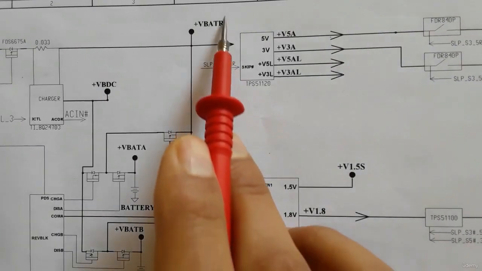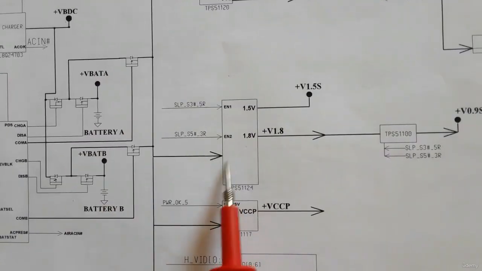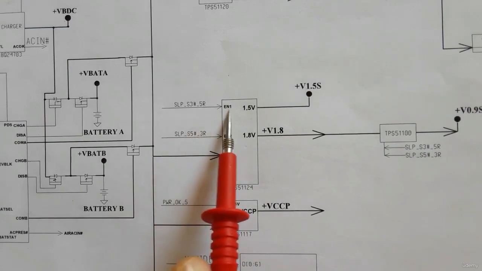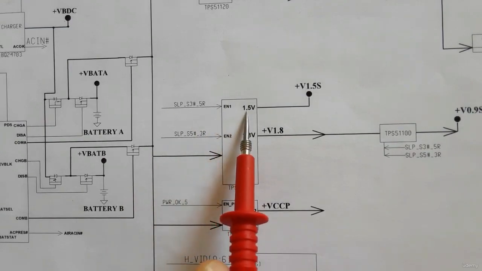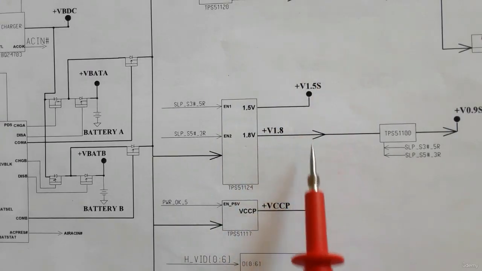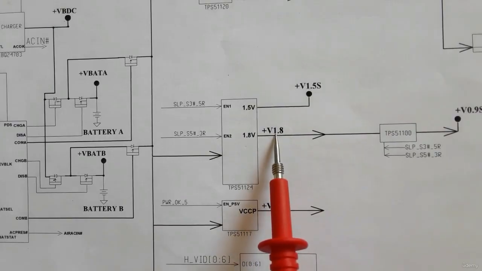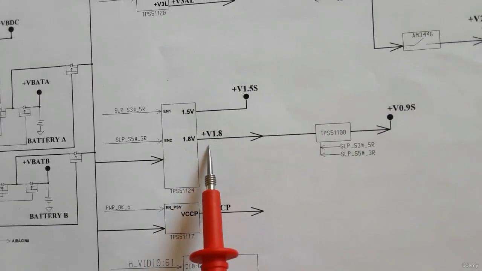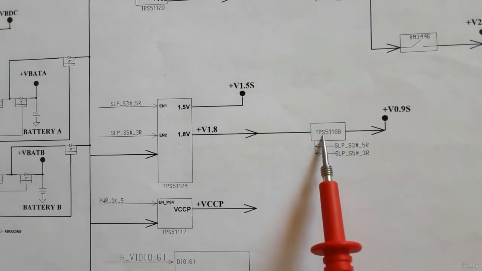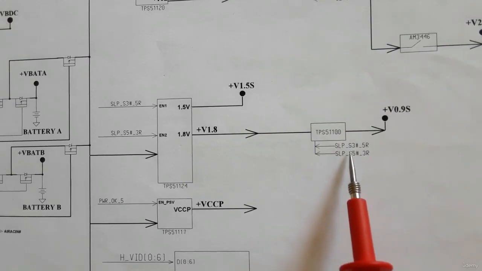The VBAT will also be applied to this circuit, TPS51124. Here also we have two enable signals, and we will get 1.5 volts and 1.8 volts. The 1.8 volt will be applied directly to TPS51100. This is another IC. So the 1.8 volt with these two enable signals will be applied to this IC, and